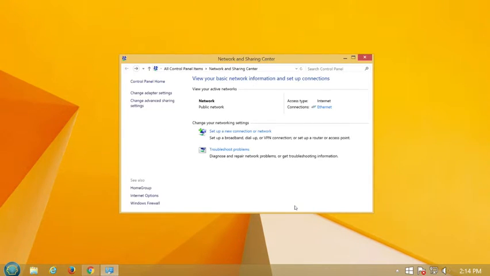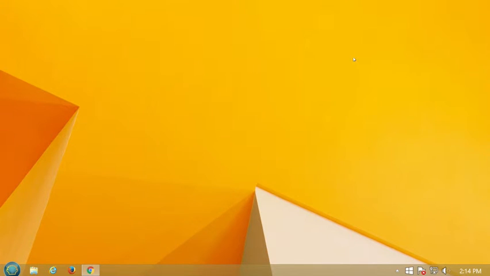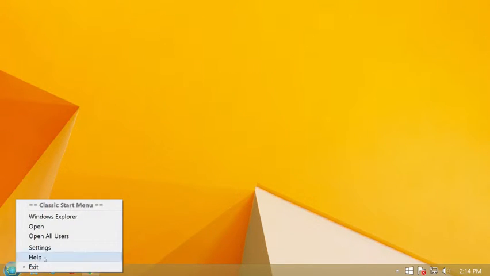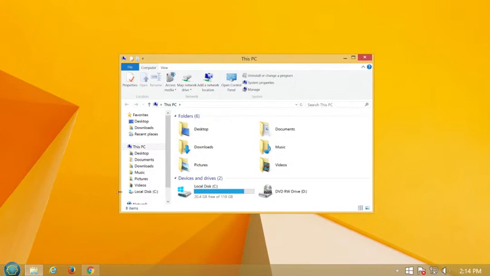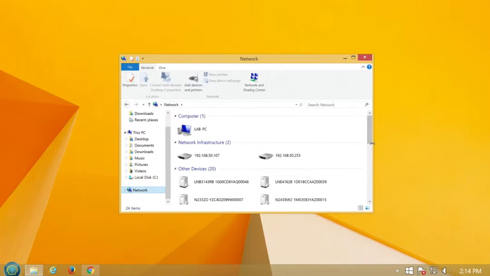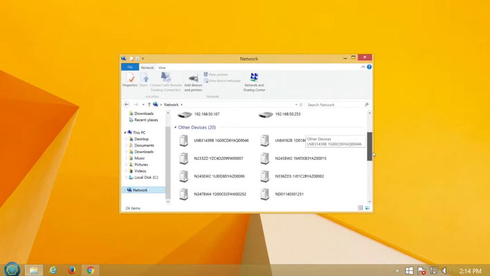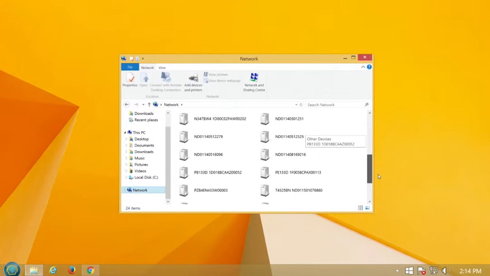If you're prompted for an administrator password or confirmation, type the password or provide confirmation. To discover the camera, right-click on the Windows Start and click Open Windows Explorer. Click Network from the left-hand navigation bar to see the UPnP notifications. Identify the model number and serial number of your camera, then right-click to select Properties.